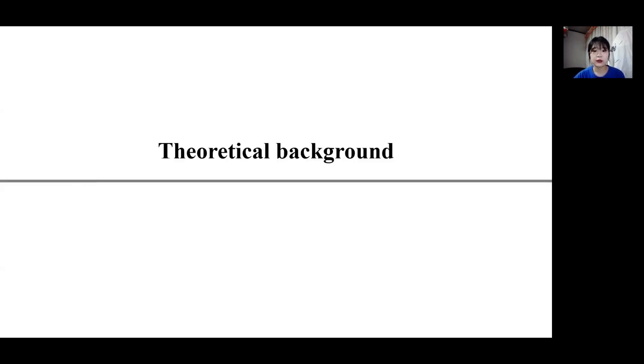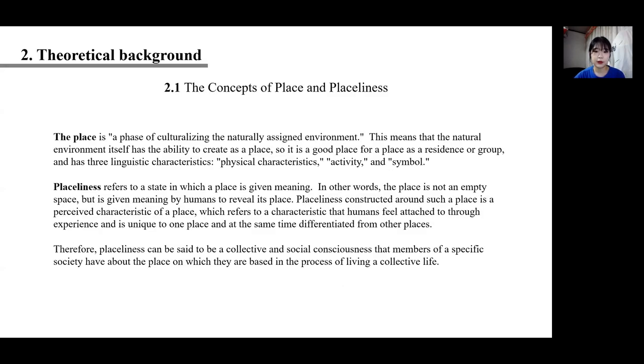Next, theoretical background. The concepts of place and placelessness. The place is a process of culturalizing the naturally assigned environment. This means that the natural environment itself has the ability to create a place, so it is a good place for a placelessness